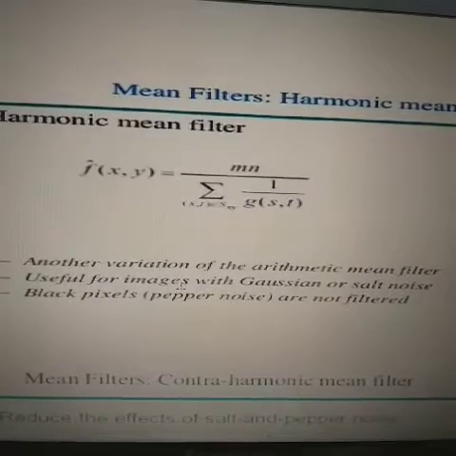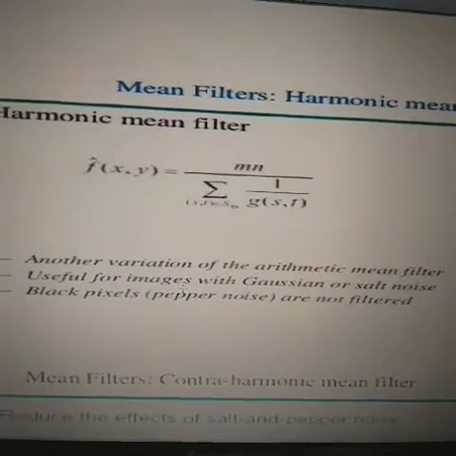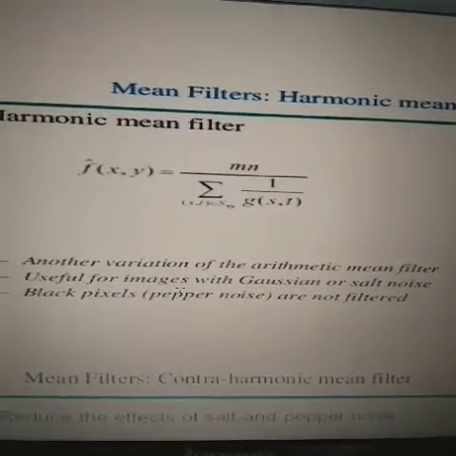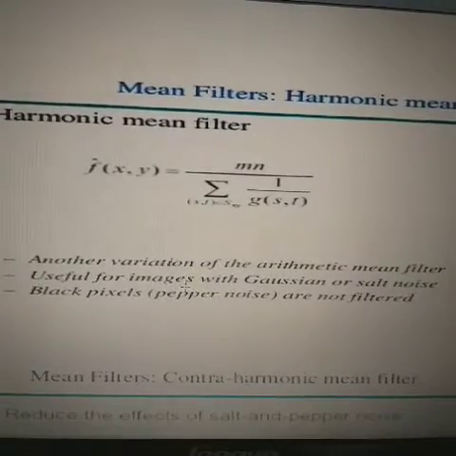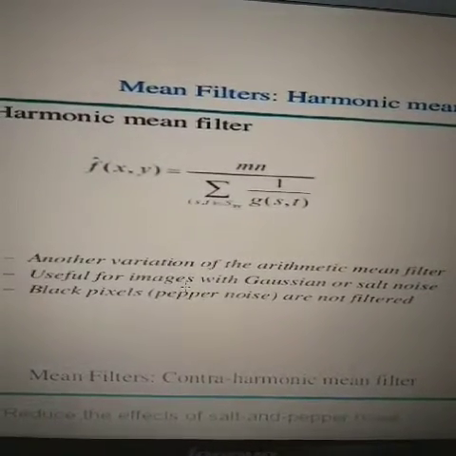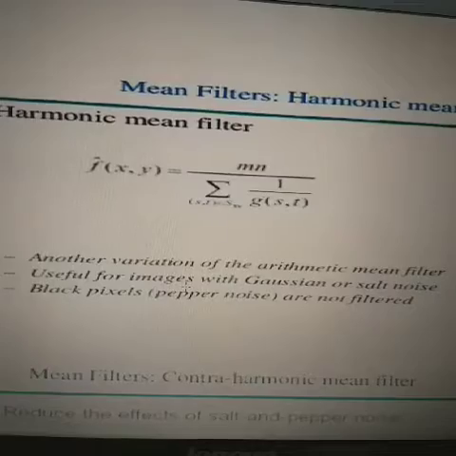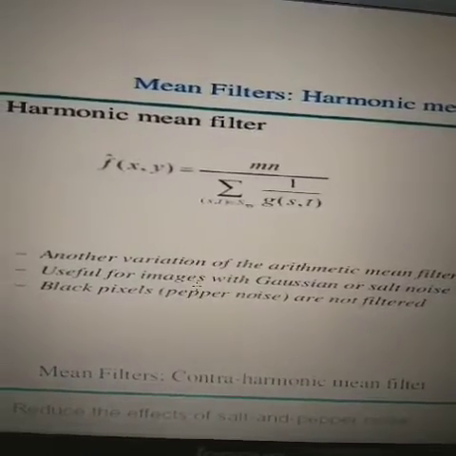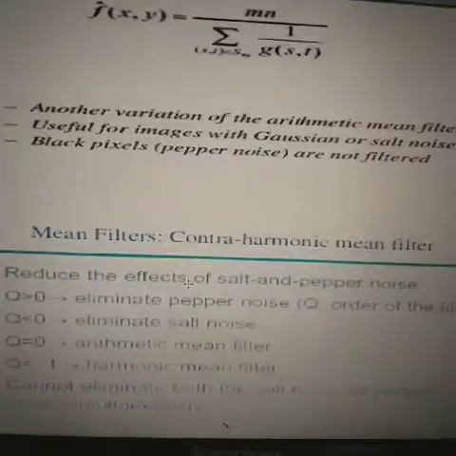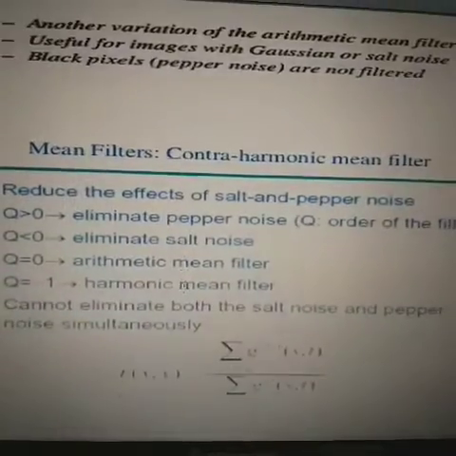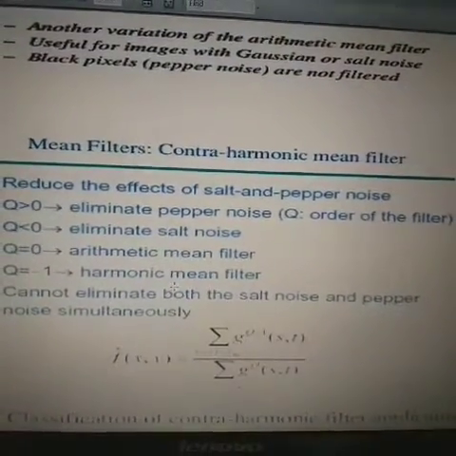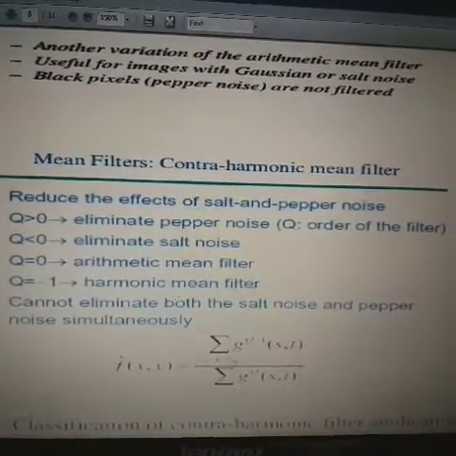So this is another variation of the arithmetic mean filter, which is useful for images with Gaussian and salt noise. The black pixels, which are the pepper noise, are not filtered. The last mean filter is the contra harmonic mean filter, which may reduce the effects of the salt and pepper noise.